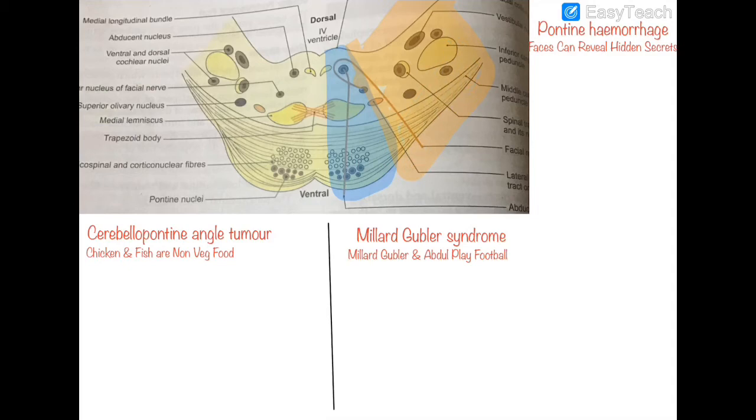Starting with the cerebellopontine angle tumor, the structures affected here are the facial nerve nucleus, the nucleus of fifth nerve and the spinal tract, the vestibulocochlear nerve and the flocculi. C for cerebellopontine, F for facial nerve, N for nucleus of fifth nerve and the spinal tract, V for vestibulocochlear nerve and F for flocculi. So the effects of cerebellopontine angle tumor are: if the facial nerve is affected, there will be ipsilateral